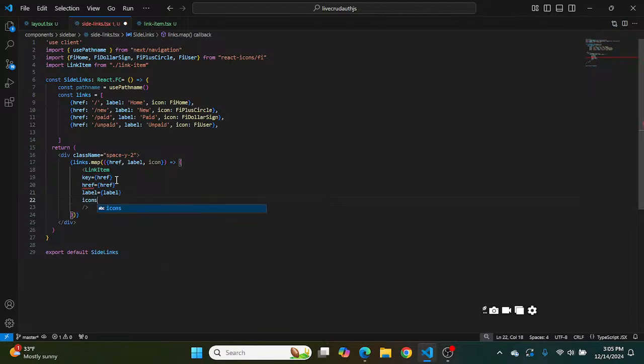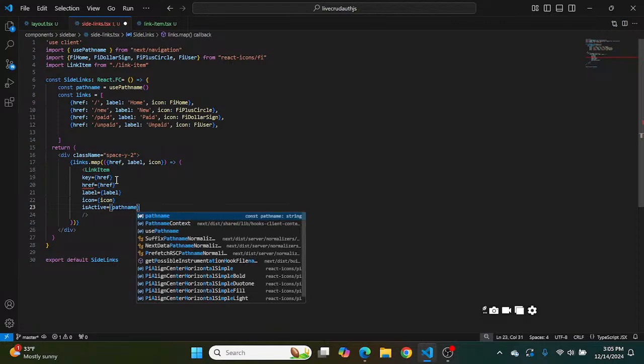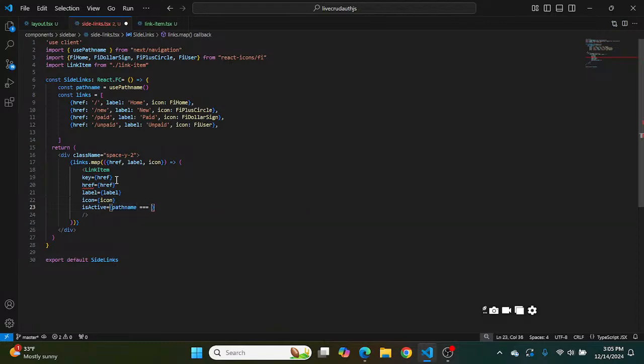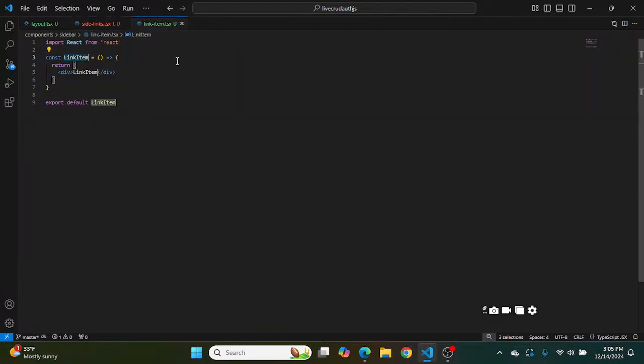Then we'll say icon is going to be equal to icon. And then last but not least, I'm going to pass in isActive, and that is going to be equal to pathname. The pathname has to match href, so we'll be using three equal signs for that. Click save. Now let's go to the link-item.tsx file, and let's begin